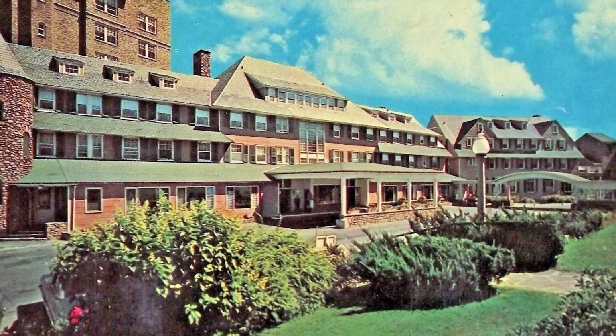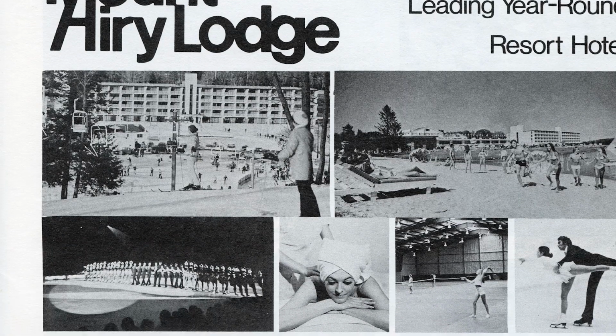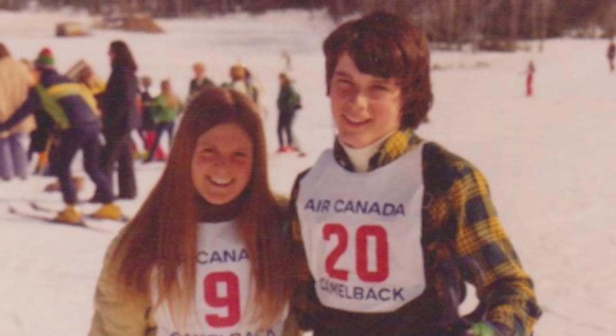Almost every weekend and every summer vacation was spent either at Pocono Manor or Buck Hill Falls. Since I can remember, I worked at Mount Airy Lodge. I kind of worked at Daniel's Top of the Poconos. I worked at Buck Hill Falls, and it's fascinating to think there were so many opportunities in the Poconos to